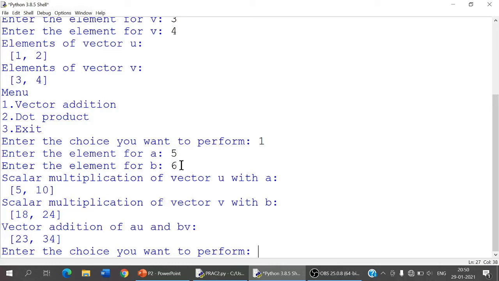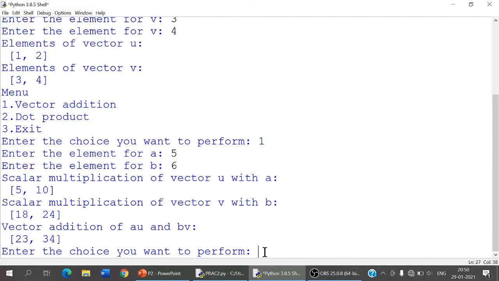So that would be 6 into 3 and 6 into 4, that is 18 and 24. Okay, so this is the calculation of au, this is the calculation of bv. Now I need to add both. So just doing the vector addition: 5 plus 18 comes to 23 and 10 plus 24 comes to 34. So this is how the vector addition of au and bv will be done.